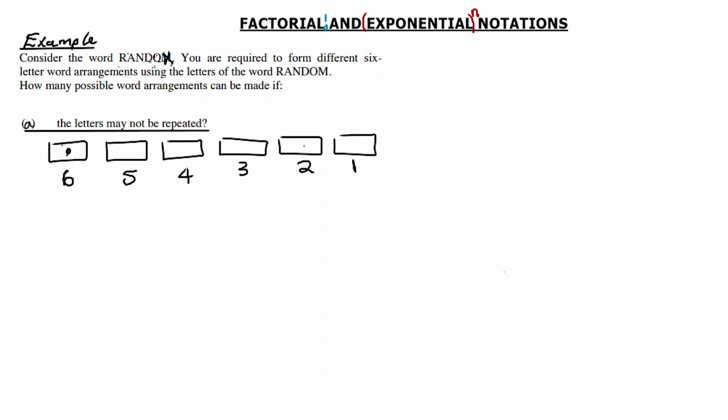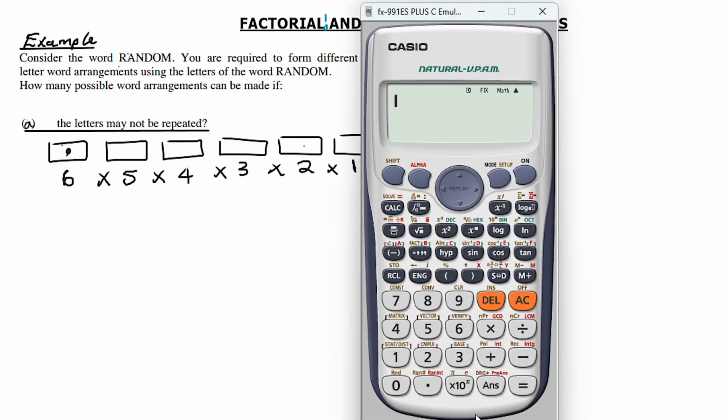For the fifth block I have 1 2 3 4 5 choices. For the fourth block, and so on. Then we count how many choices there are. So therefore, in order to find the total word arrangements we can have from the word random, you need to multiply the number of choices. So this is equal to 6 times 5 times 4 times 3 times 2 times 1. Answer is